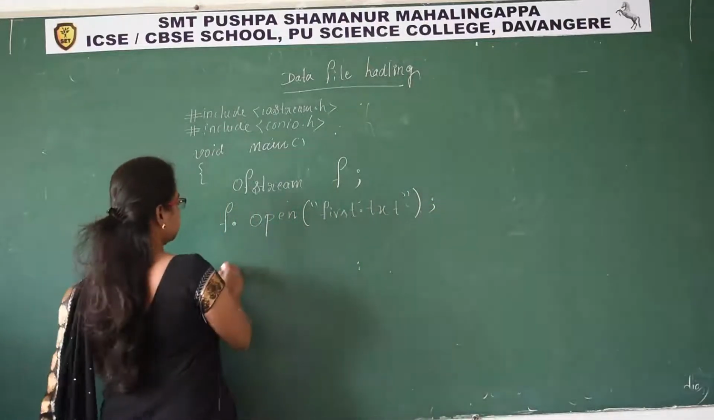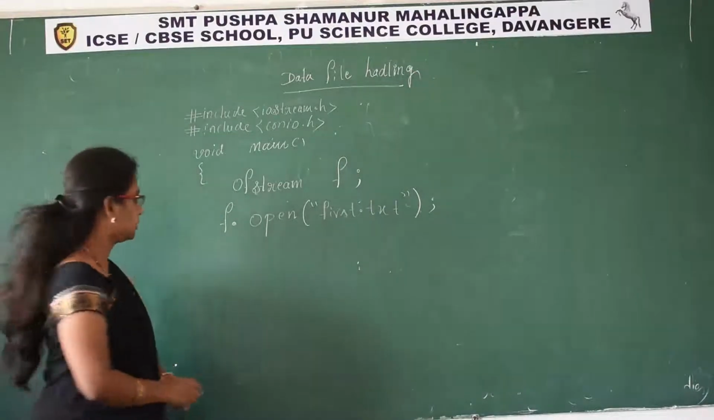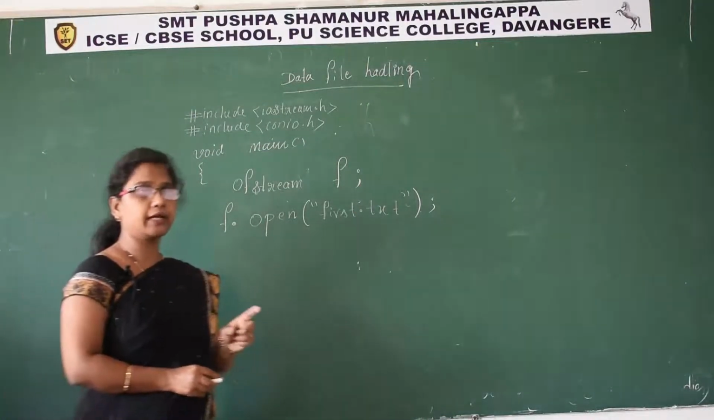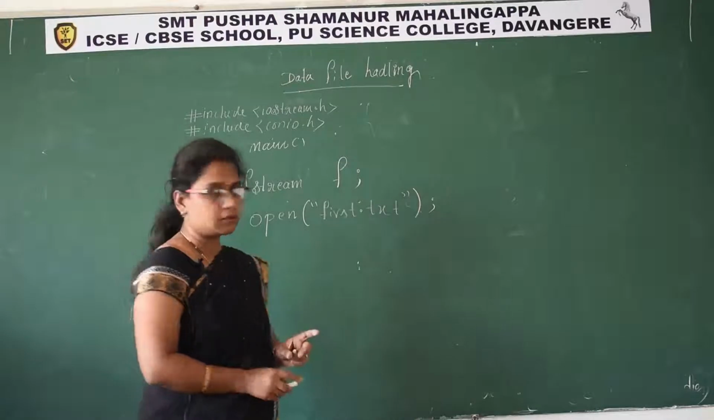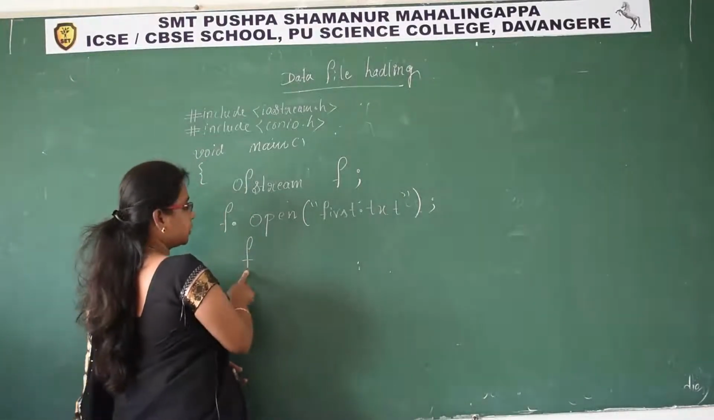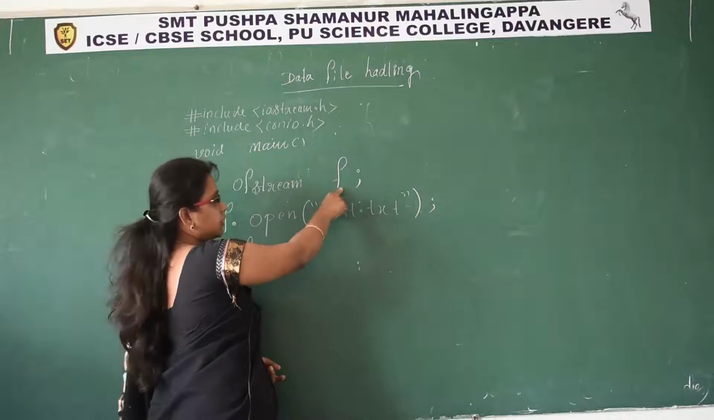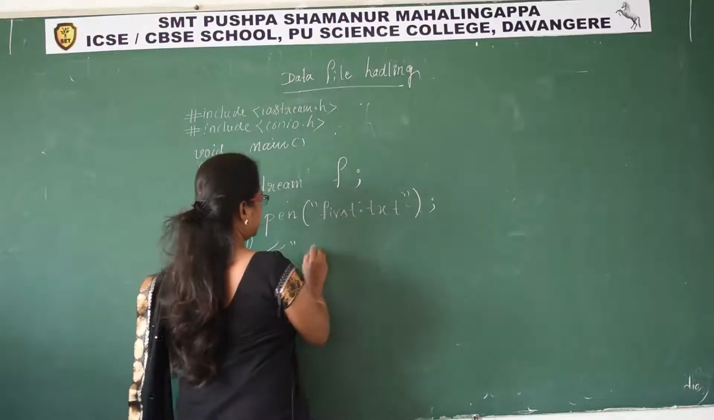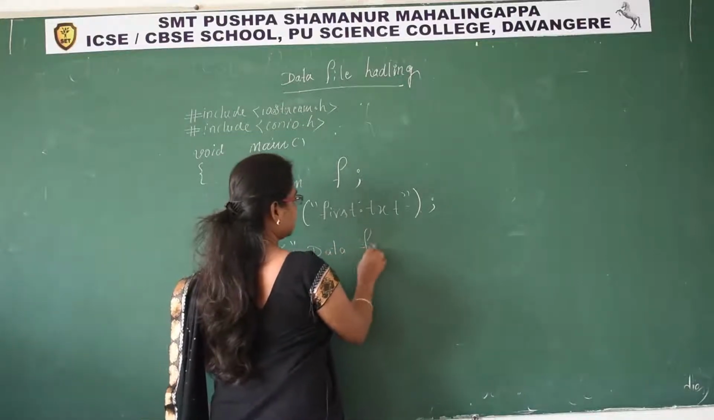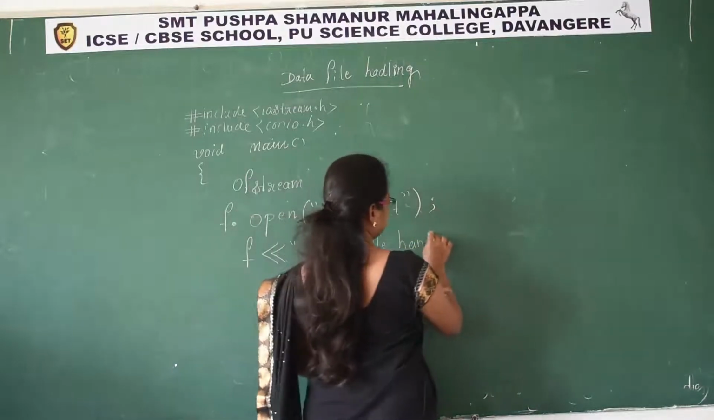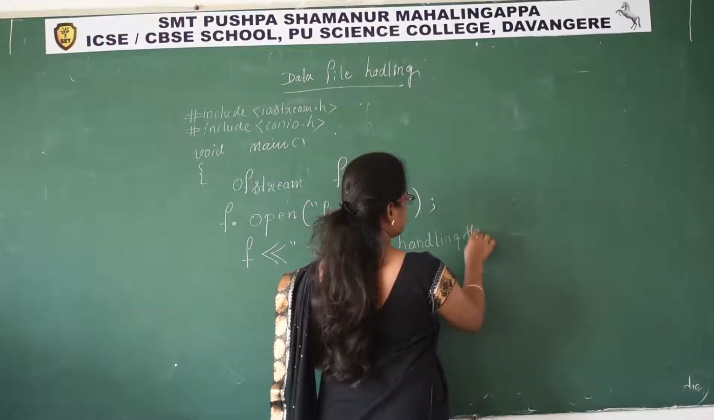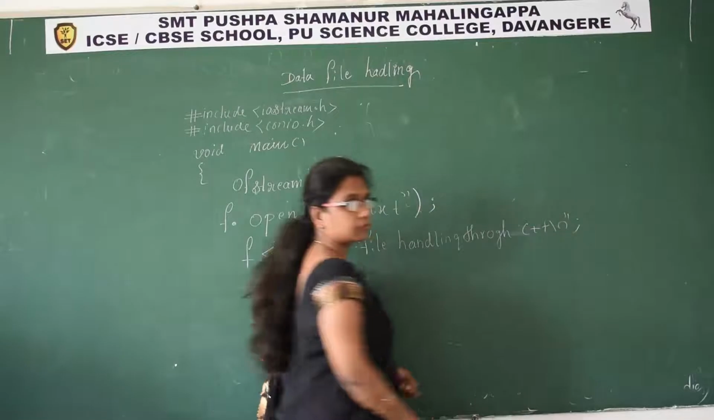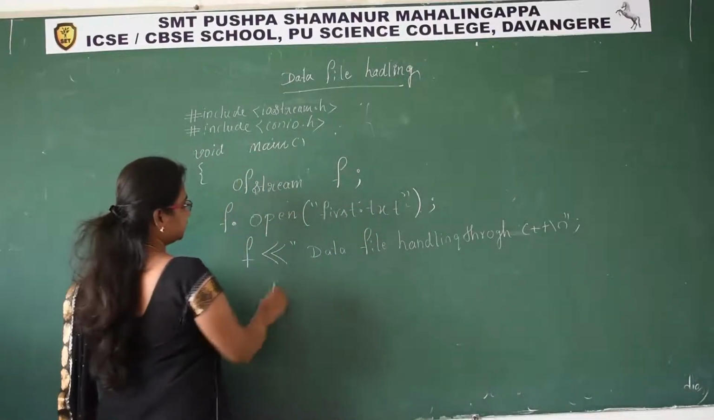Next, I want to write some text into the disk file. How to display text on the screen? We have to write cout and the insertion operator. Here also, instead of cout, I have to take object f that is created by us, insertion operator, "data file handling through C++". Okay, then